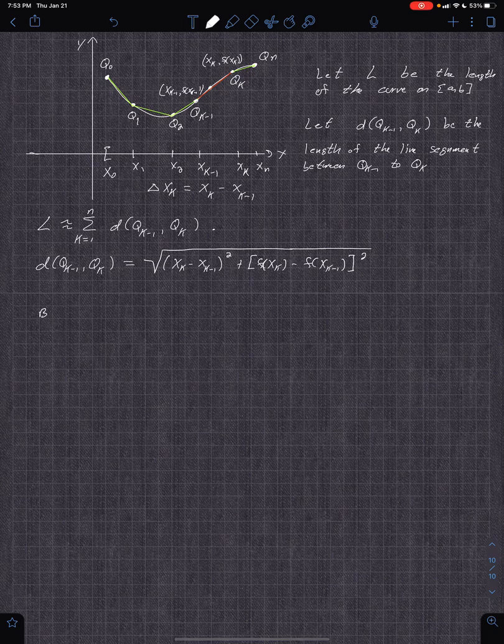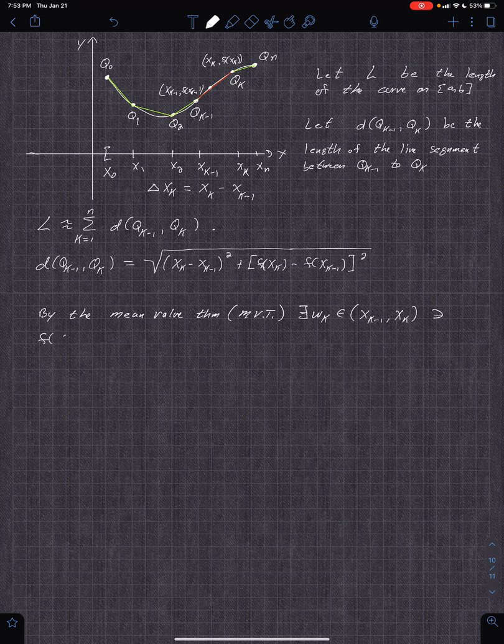So by the mean value theorem, MVT, look it up right now if you have a chance, there exists a W sub k in this interval, x sub k minus 1 to x sub k, such that